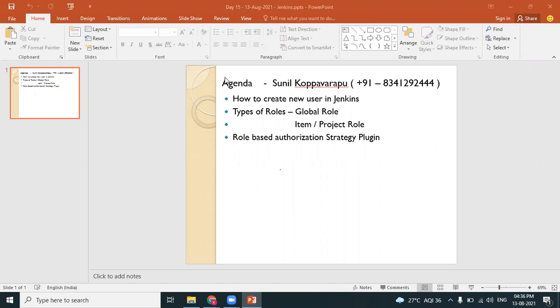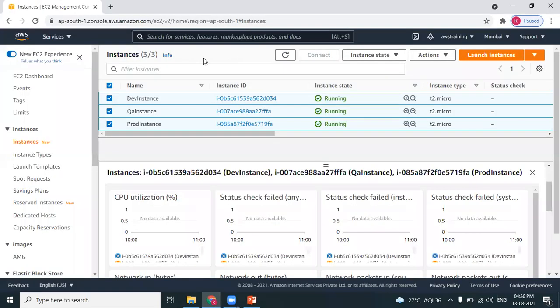And two more things. I practiced and the machine got stopped. I stopped the machine, and next time I saw that the private address had changed. So do I need to update all the paths that we have given in Jenkins? If the private IP address has changed, you have to change it accordingly. You have no other option. Okay.